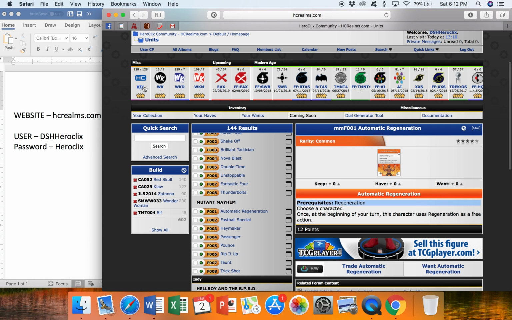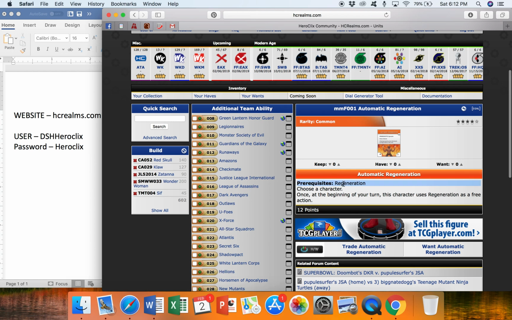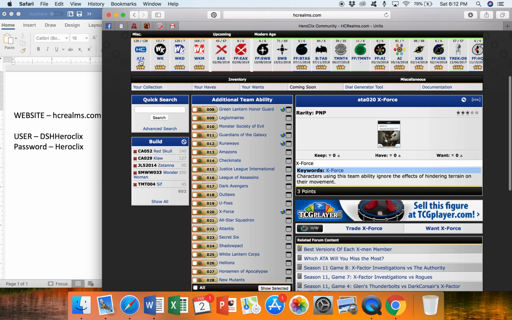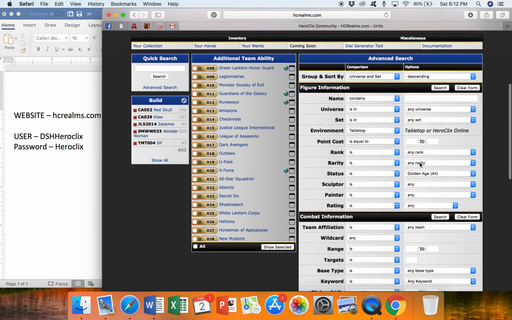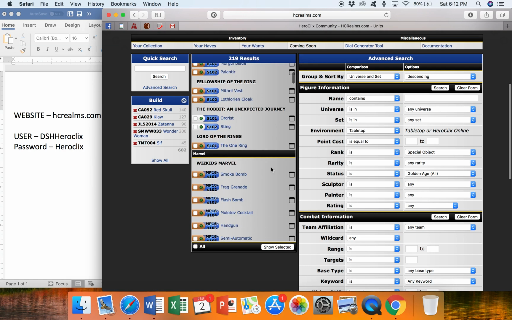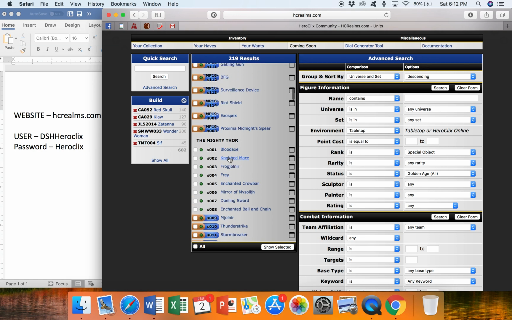So the alternate team abilities, which are also accessible from up here, basically work the same way, except instead of it being geared specifically towards one character that has a specific ability, these are normally geared more towards teams. So that's going to say they need a keyword, X-Force. So it's another way to make themed teams and give them unique powers and whatnot. The last thing in here is the special objects. This is another way you can just pick up those last few points and add some extra